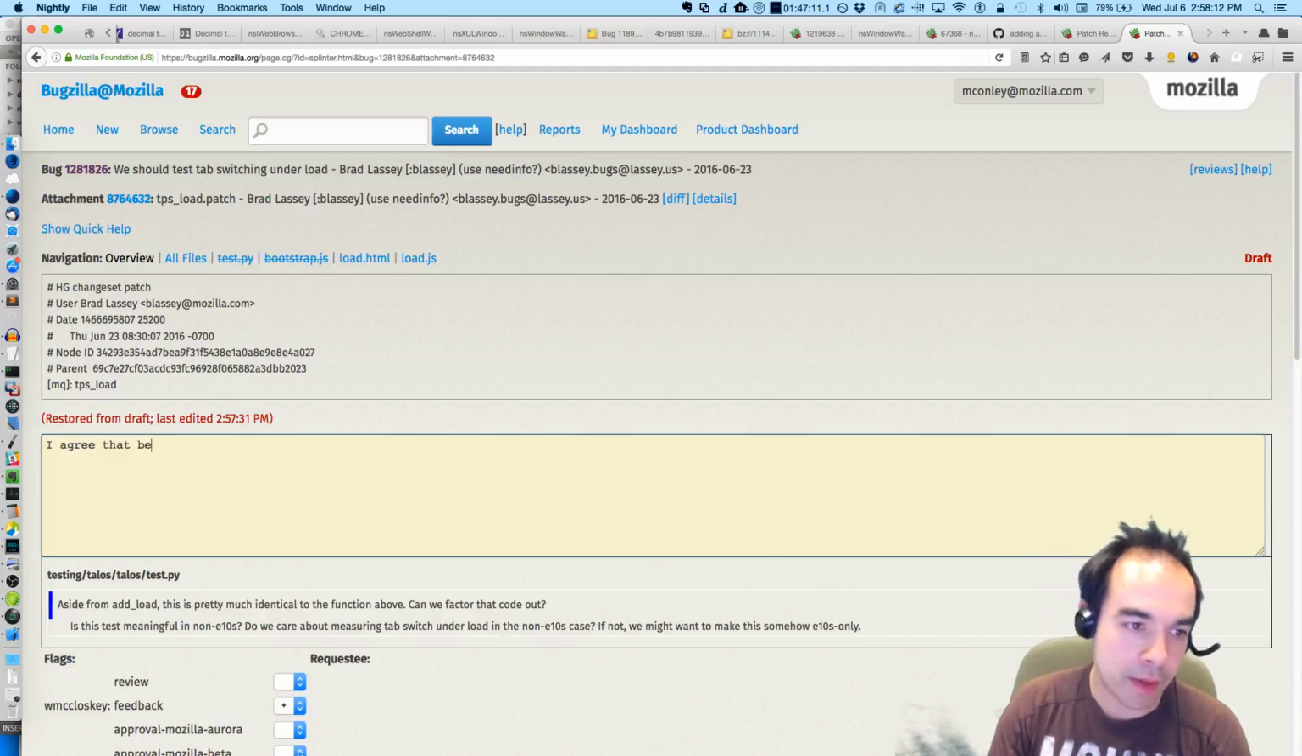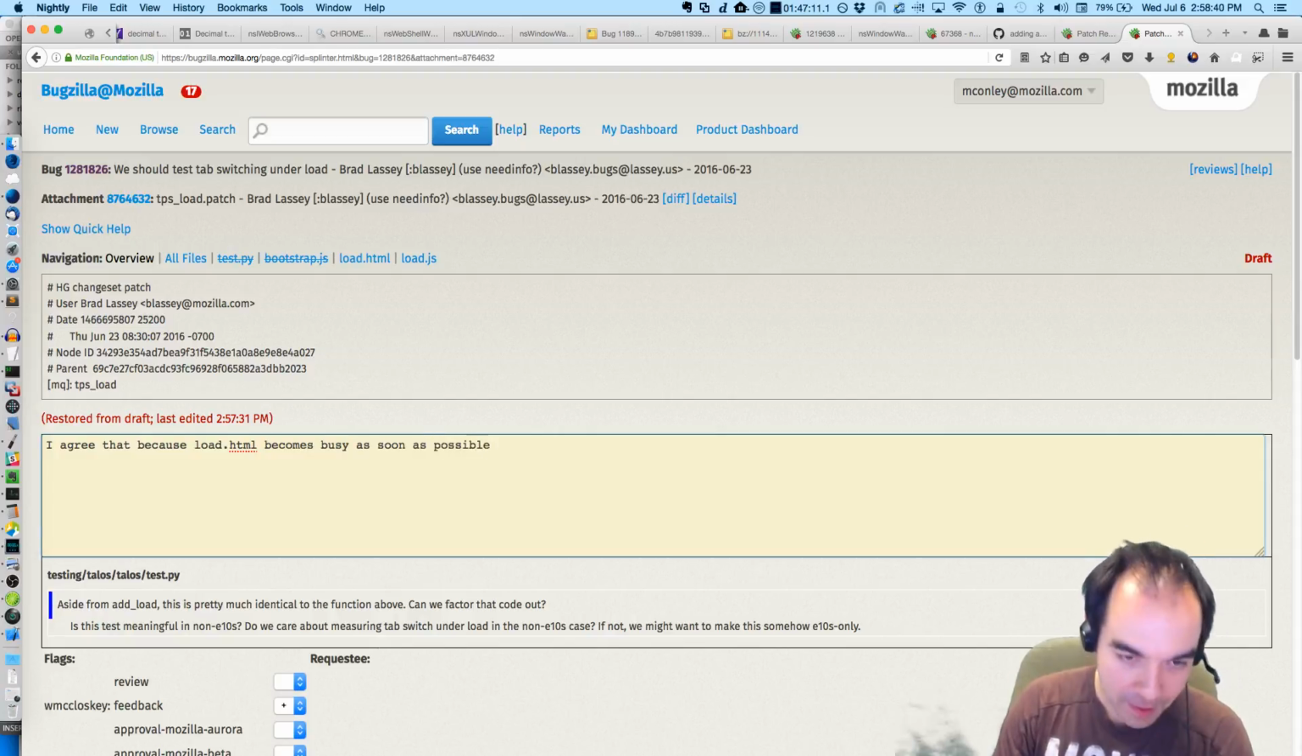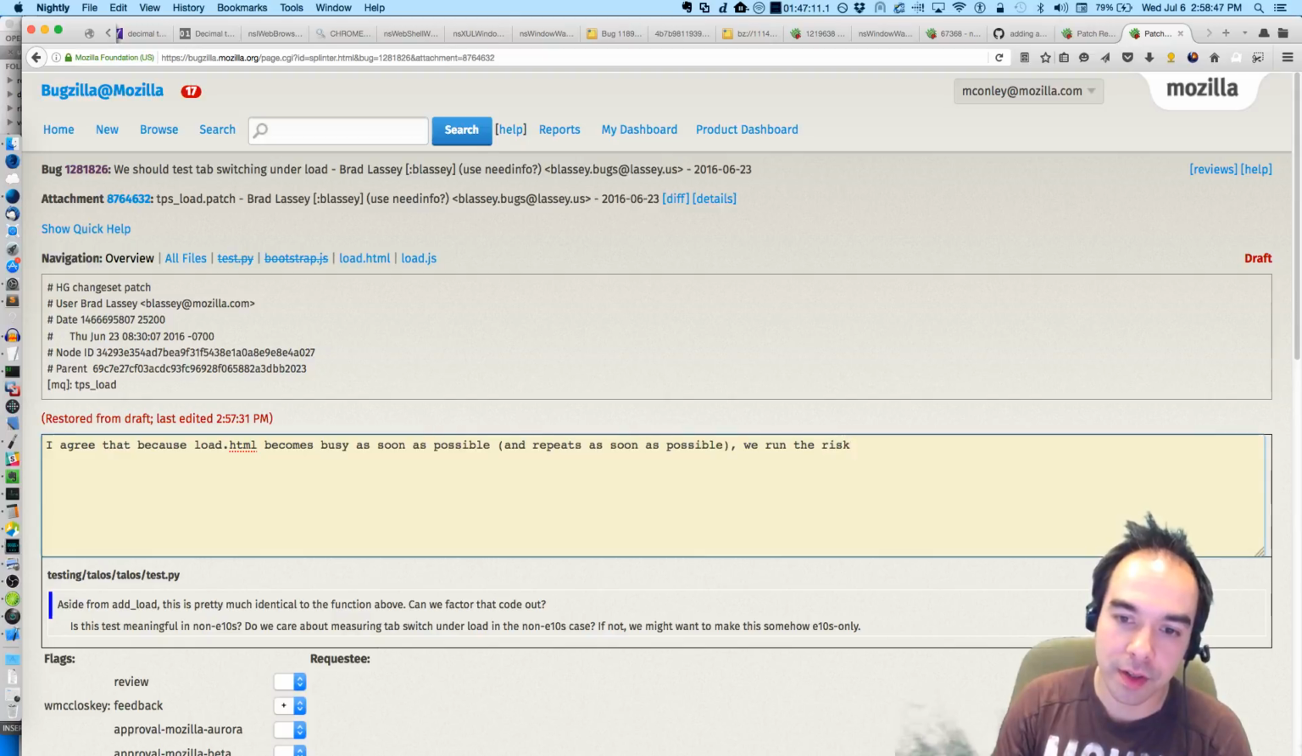I agree, because load.html is just getting busy, becomes busy as soon as possible, and repeats as soon as possible. We run the risk